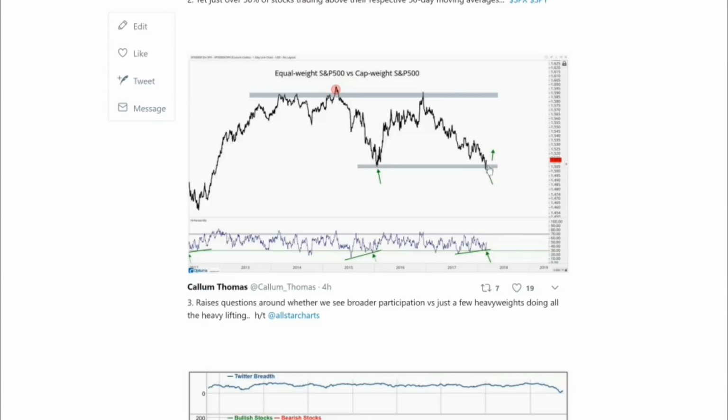So it could be that we enter into a new phase of the bull market where we actually get broader representation, and maybe it's time for the small caps to start catching up, pulling their own weight, or some of the lagging sectors like energy to start